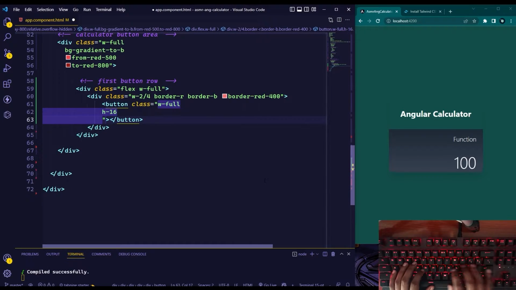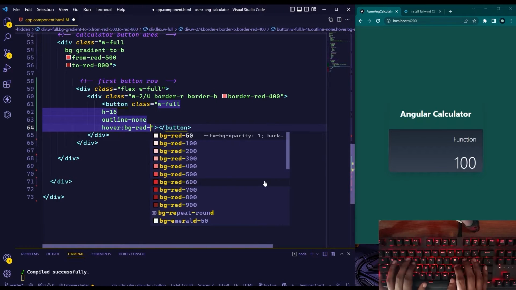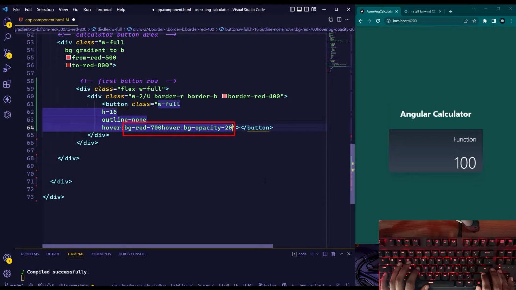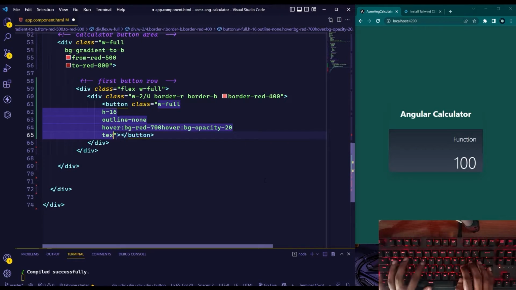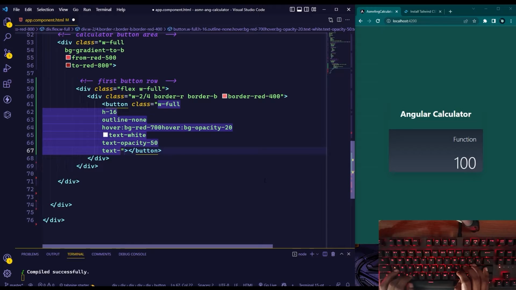w-full, h-16, outline-none, hover:bg-red-700, hover:bg-opacity-20. Actually, I made a mistake here. Add a space or an enter between these two classes, otherwise this will not work. Alright, so next add text-white, text-opacity-50, text-xl, font-light,